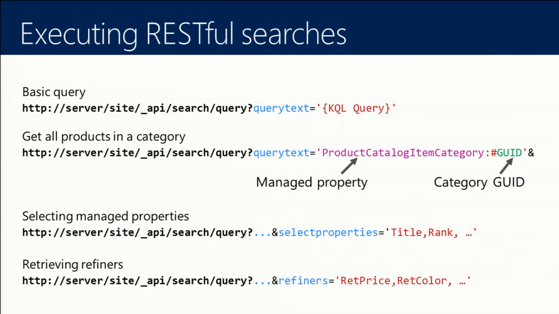And the refiners we saw before in the navigation example, we call them contextual refiners. We get this string back from navigation. We don't really have to care what's in this string. We just have to send that into search again. So we have to take that string from the navigation and put it into this refiner property. If we combine that all together,